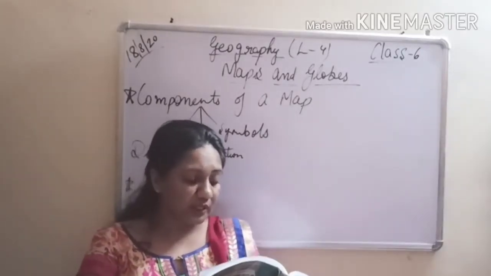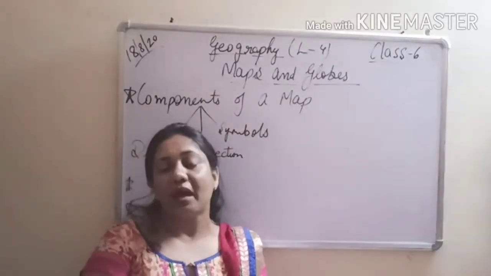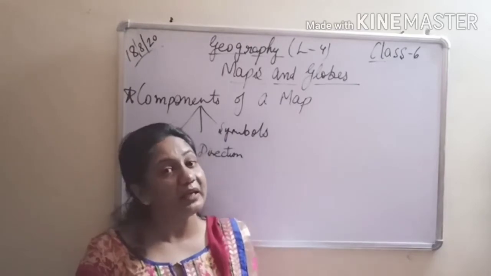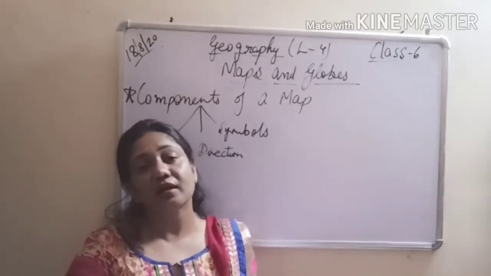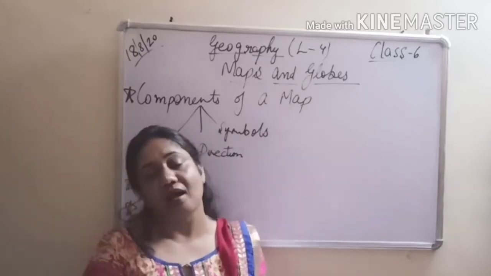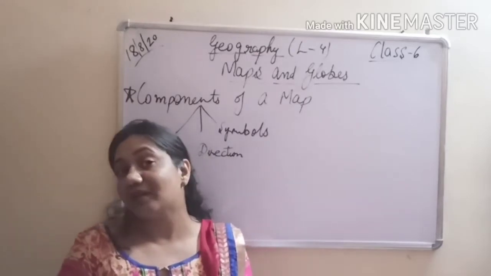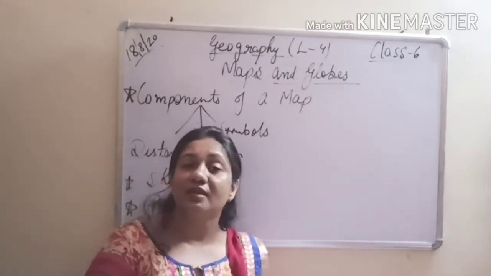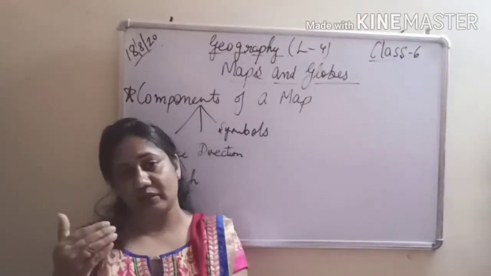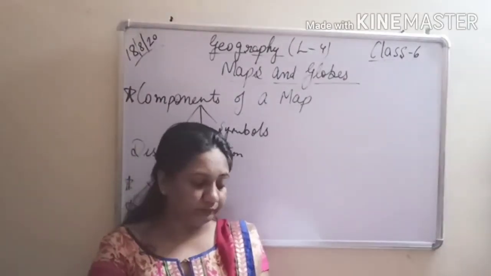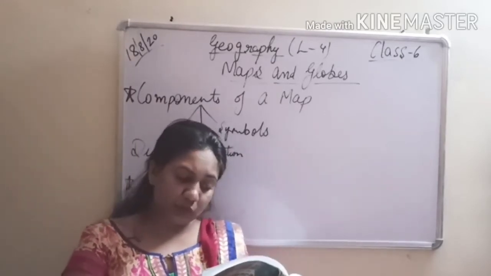The ratio between the map distance and the ground distance is known as the scale of a map. And then what is the scale of a map ultimately? It is nothing but the ratio between the map distance and the ground distance. And this is known as a scale of a map. This is an important objective question. What do you mean by the scale of a map? What do you mean by ground distance? What do you mean by map distance? So many small questions can be framed out of these paragraphs, and you should be clear. Okay. The ratio between the map distance and the ground distance is known as the scale of a map.